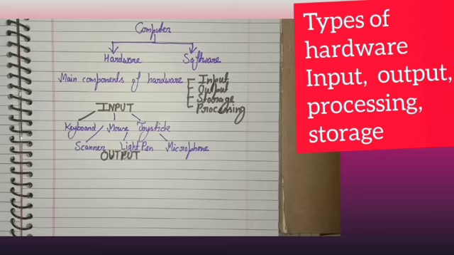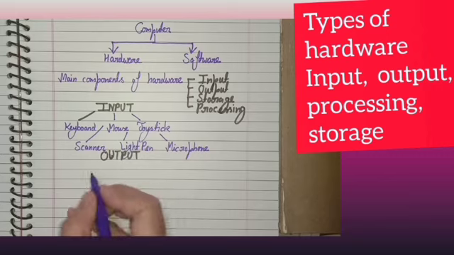As we know, output devices are used to display the result after the data is processed. Display means we can not only get the data in the form of pixels on our computer monitor, we can also take the printout of our result. We can project the output with the help of a projector. If the input data was in the form of audio, we can listen to the result as audio itself. So there are different types of output devices.